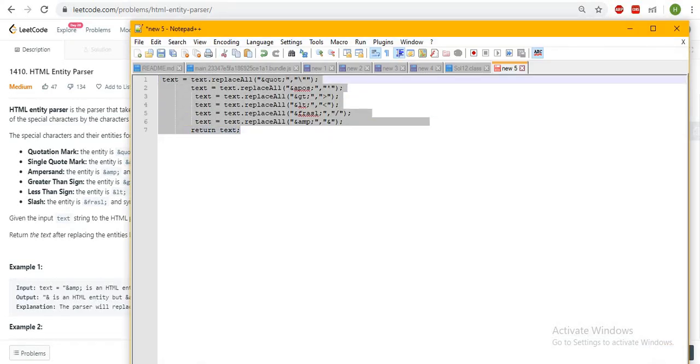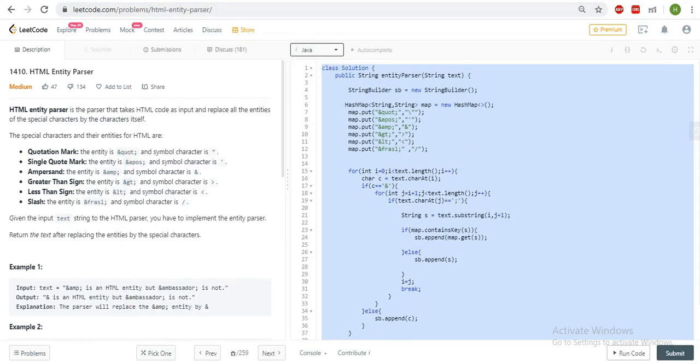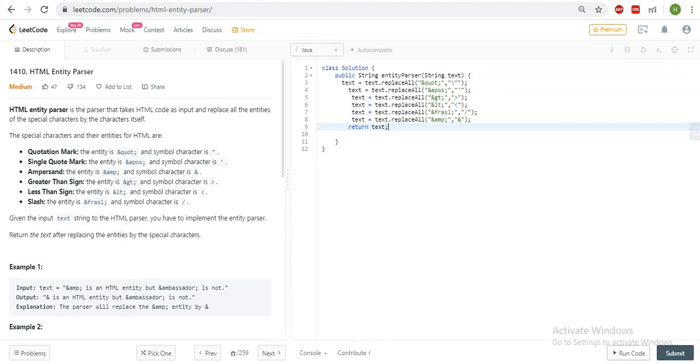I have one another approach also, so that also I can use. Like this, I'm using the replaceAll function and just replacing this special character with the string, right? But you have to take care of one thing.